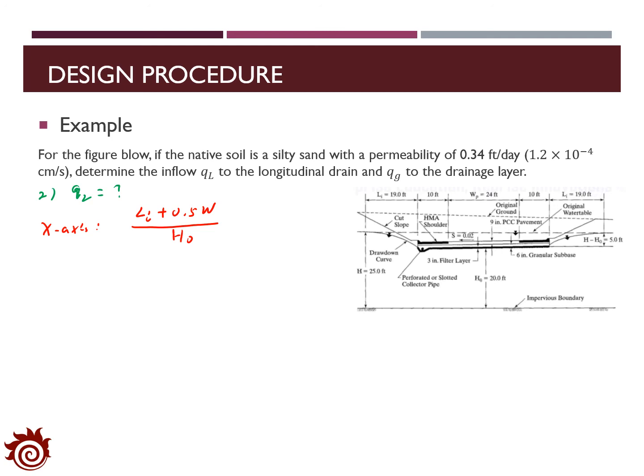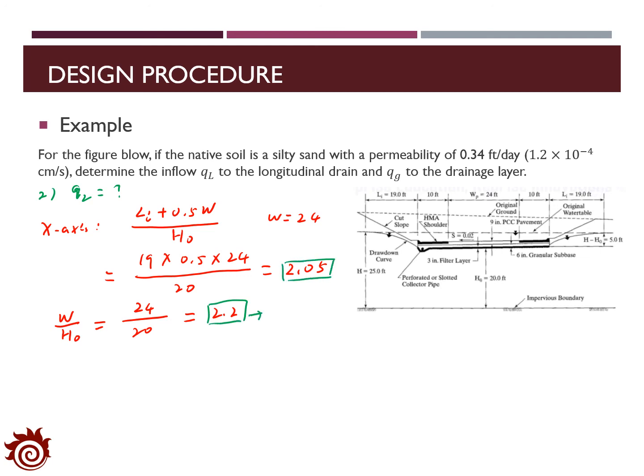In this example, we know that Li is 19 and W is 24. H0 is 20, which will give us the value as 2.05. In addition, we need to determine which line it is. That is W over H0. So we have W as 24, H0 is 20, which is 1.2. And now by using these two values,